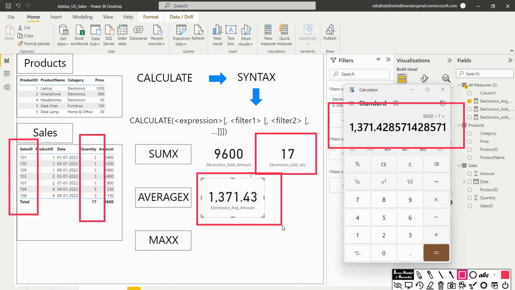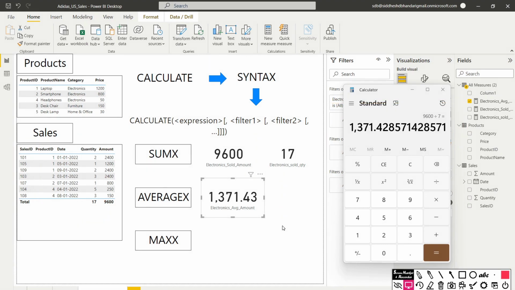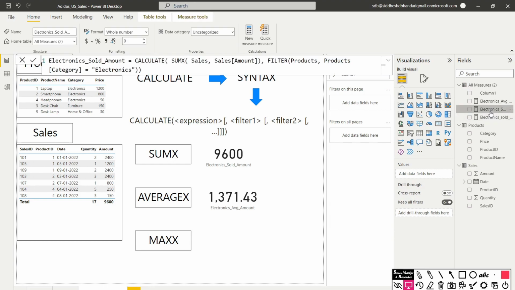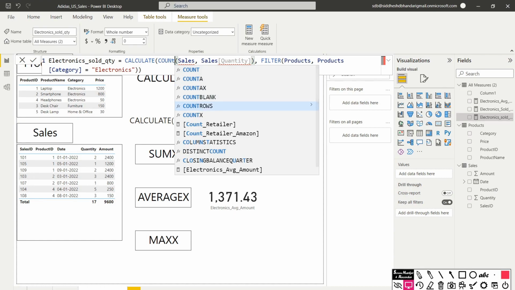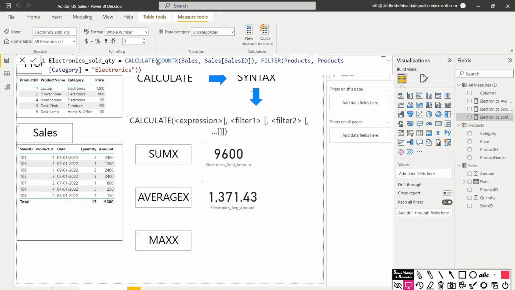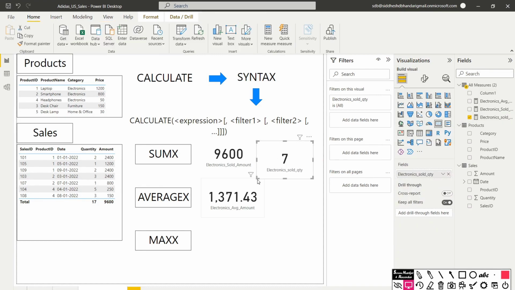And if we want to calculate the total amount and the individual quantity sold, then that gives us a different parameter. Okay, so let's do one thing. We have to remove this and maybe change that. Average sold quantity has to be not sum x but count x, because this is our transaction, and besides this should be our sales ID, because this will indicate the number of transactions that were made. And now when I bring this onto the canvas and convert it into a card, we get the output as